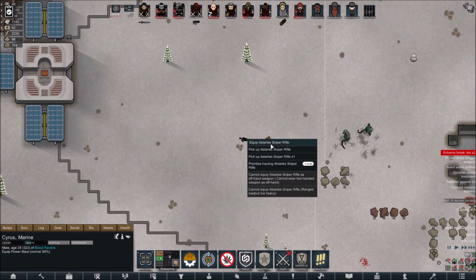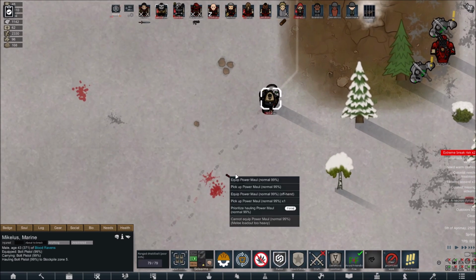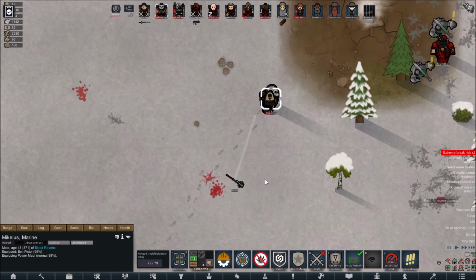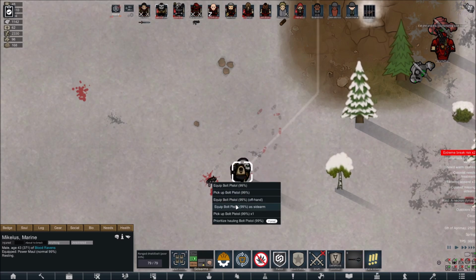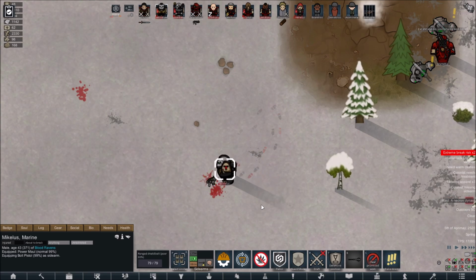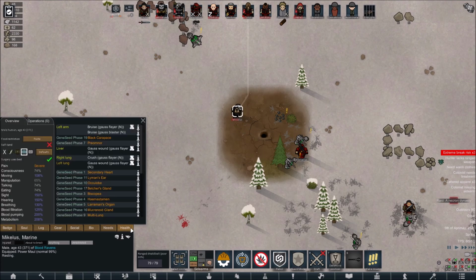Go get your sniper rifle. You pick this damn thing up. And then equip that as your sidearm. Yeah, I'm going to have to micromanage that because they can't seem to pick them back up correctly. So,